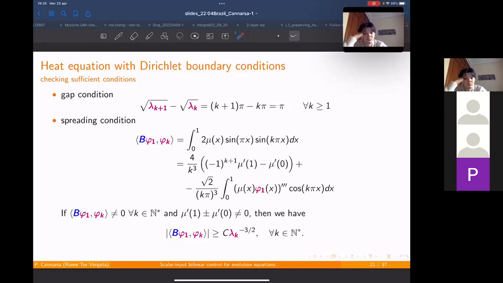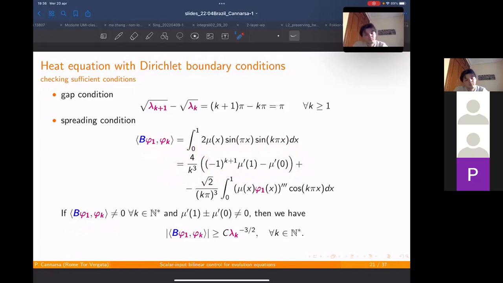Now, this term is going to go to 0 as k goes to plus infinity, because it's a Fourier coefficient of this function here. So this term goes to 0 faster than 1 over k cubed. This term goes like 1 over k cubed. Therefore, this is the one that dictates the decay. And if I have that for a finite number of coefficients the scalar product does not vanish, and if this boundary term is different from 0, then I am done, because I have a polynomial